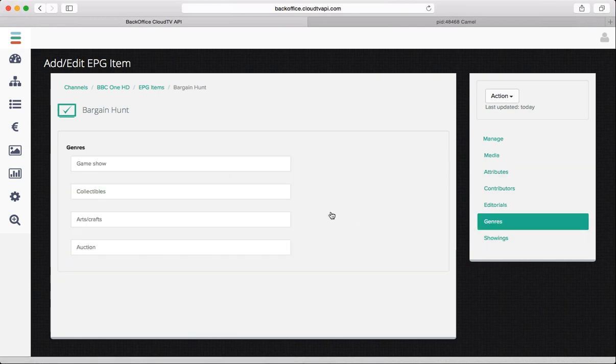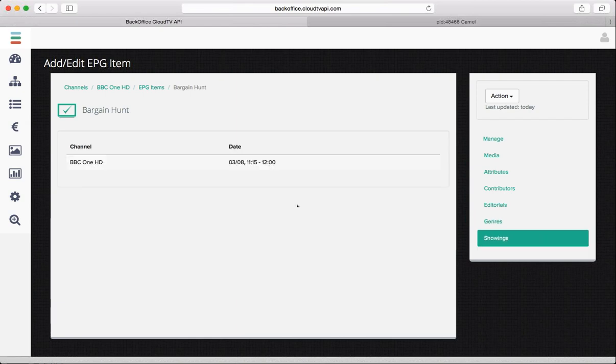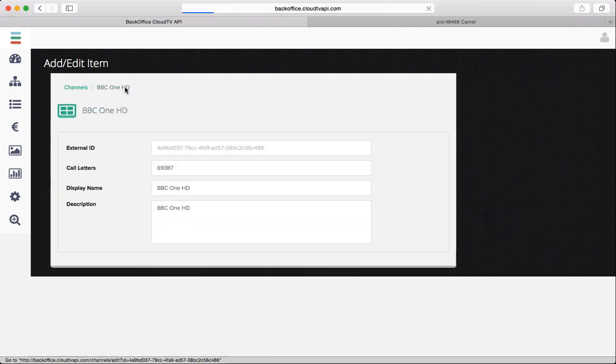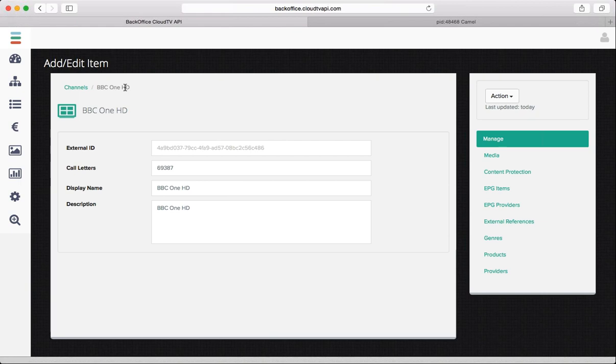And obviously as much data that can be ingested from the EPG item as possible, and when it's on TV. So the next episode of this is on the 3rd of August at 11:15 till 12 p.m. GMT. So these are automatically ingested EPG items that are continually being ingested, and if there's any problems, it would be orchestrated to a user for them to